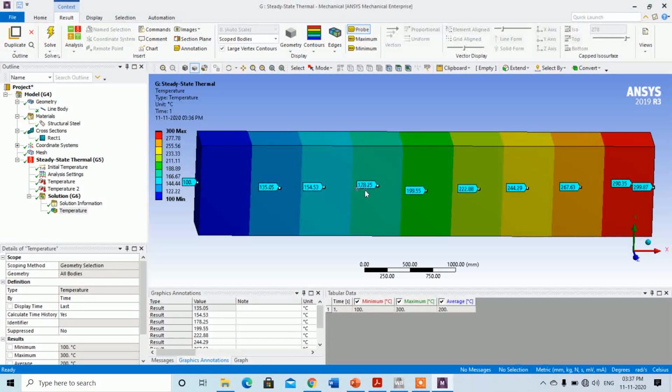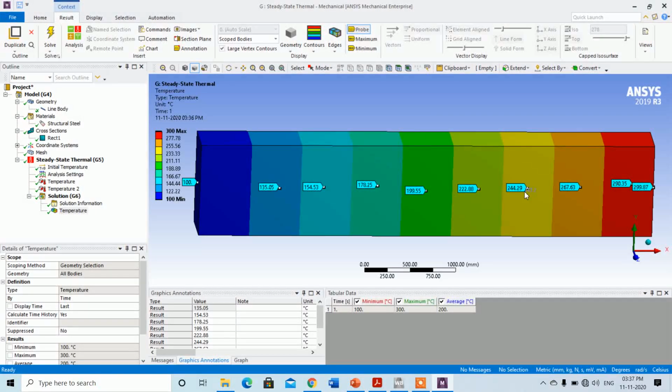So this is the temperature flow, this is the steady state temperature analysis. You can transfer that temperature analysis to the static structural analysis. In that case, you can do the thermomechanical analysis. That is, in the static structural analysis, you can find out the stresses. If the temperature is applied over the body, what type of stresses will be induced, that is, thermal stresses in the body.